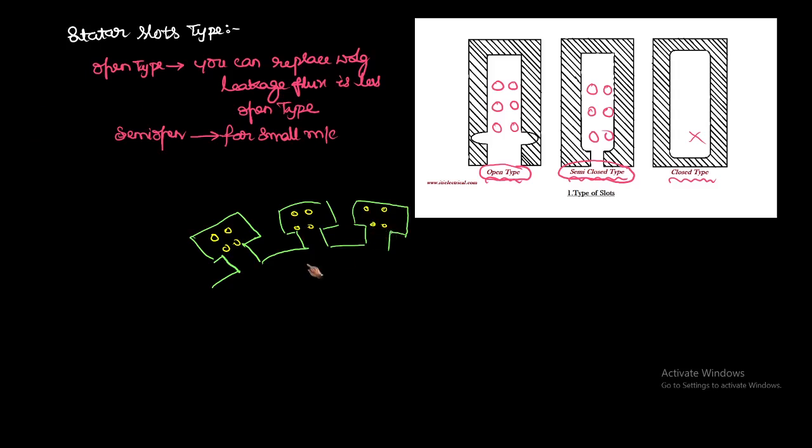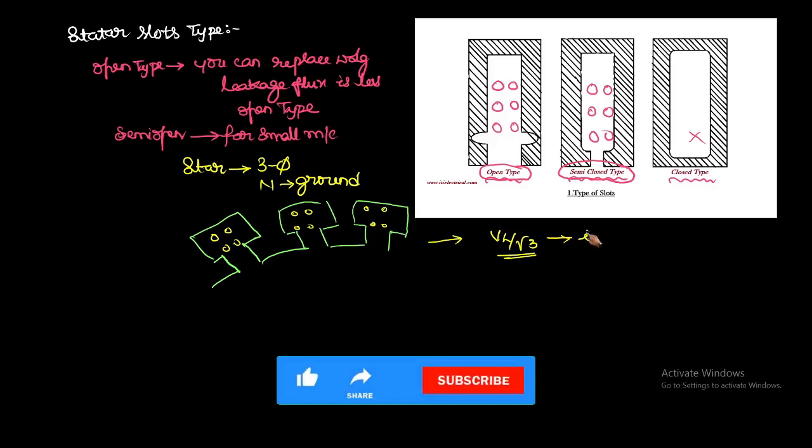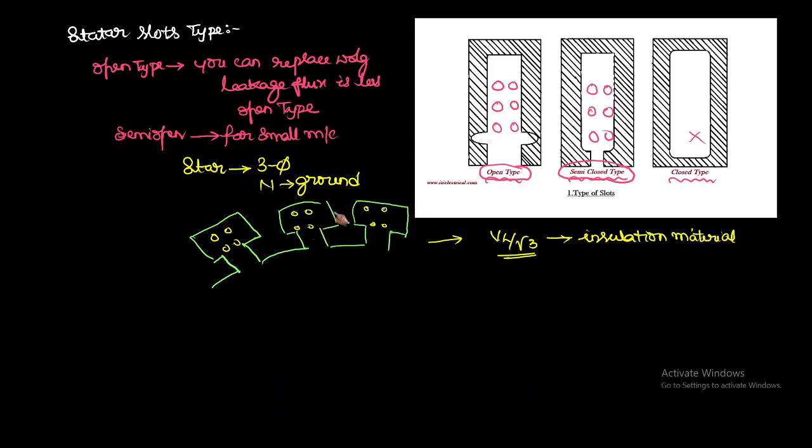The stator winding will always be connected in star connection. Three phases are taken out, okay, and the neutral is connected to the ground. That is the advantage. Why go only for star connection? Because in the star case the line voltage can be reduced by √3 times, so the insulating material will be very less. That is the advantage we have with the star connection, right? These are the important details about the stator.